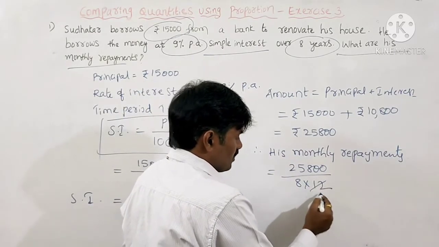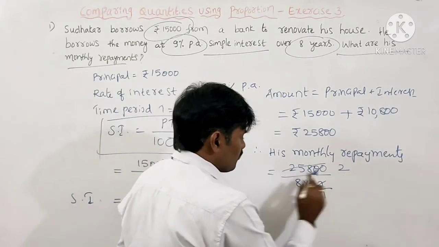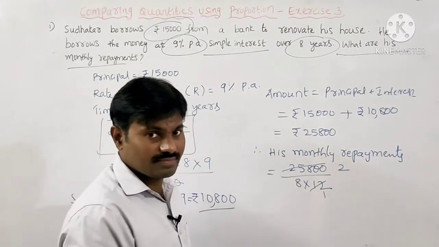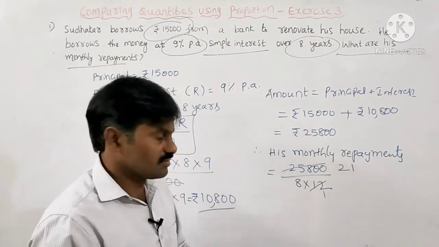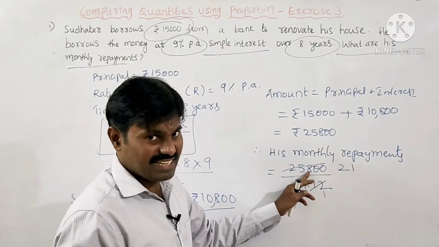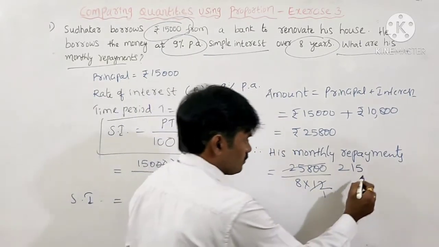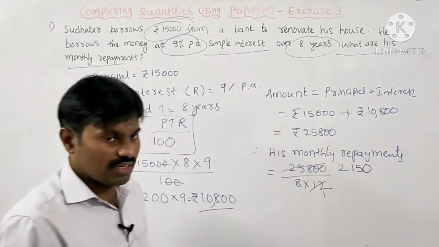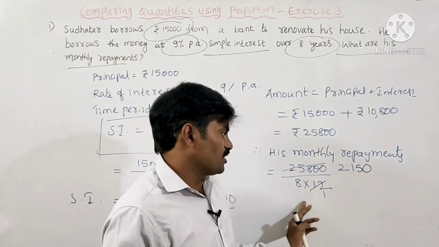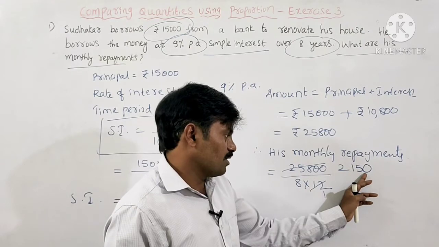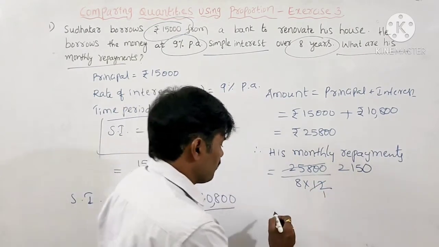So first I am taking the 12th table. 12 2s are 24, 18. 12 1s are 12. The remaining is 6 years, 60. 12 5s are 60, and 0. Is it possible? It is divisible by the 2 table, but it is not divisible by the 4th table, so it is not divisible by the 8th table. So directly you divide by 8.